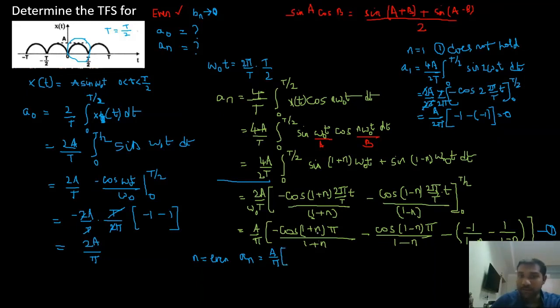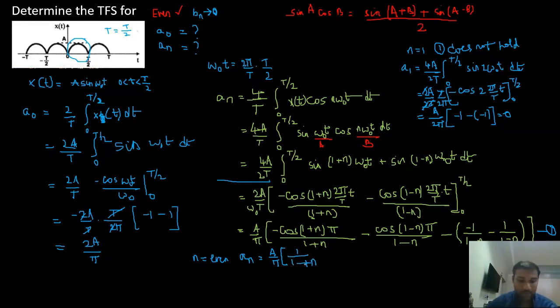So even n. So 1 plus n will be odd, right? I can write it as 1 plus n will be odd. Cos of odd number into pi, so cos 1 pi or cos 3 pi or cos 5 pi, they're all -1. So -1 into -1 is +1 divided by 1 plus n